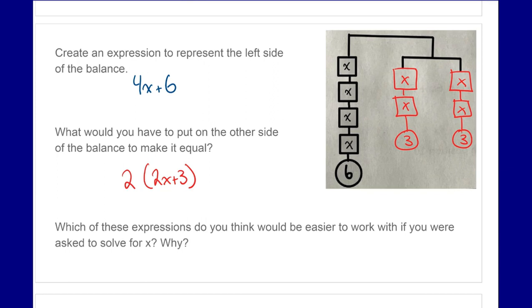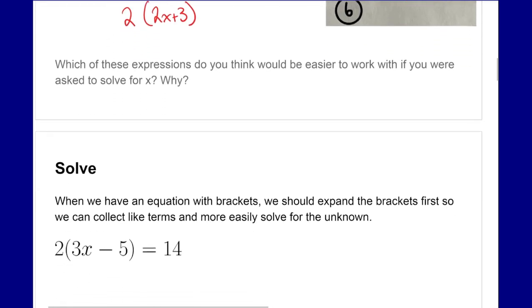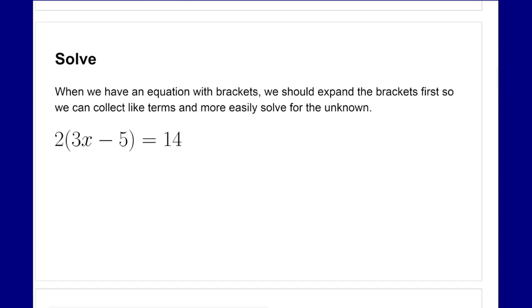Again, your choice may be different, as long as you have a reason why, and as long as you are able to go through and solve it. But what we're going to look at today is solving those equations with brackets. So if we have an equation with brackets, what we want to do,